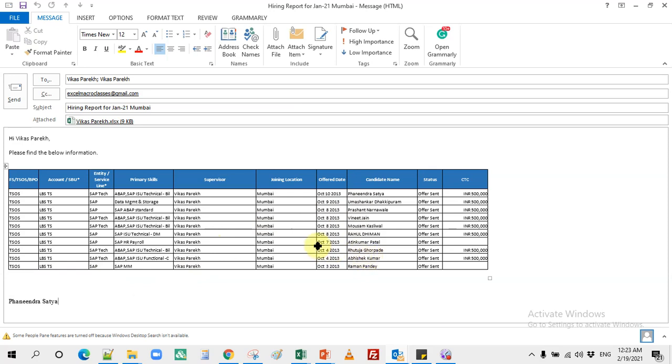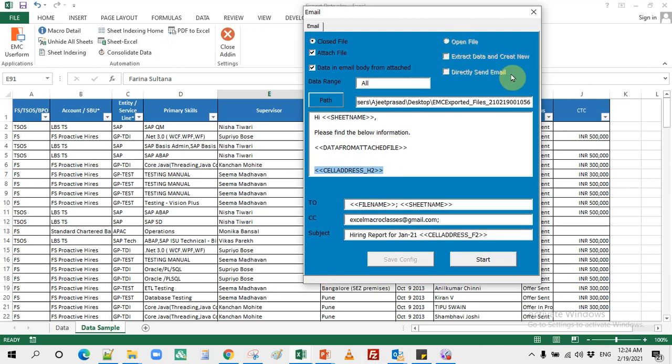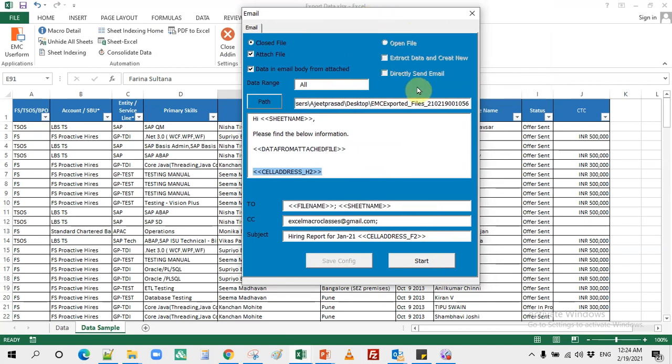Okay, so this is drafting the email. Right now we are not sending emails. So once these options are enabled, maybe in a future version, it will draft and send directly. You don't have to review. And also we are going to work on save configuration. So once you have all these settings ready, you don't have to change anything. It will start picking and start sending the files.